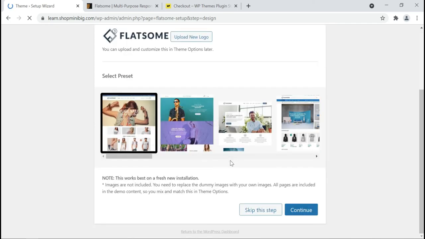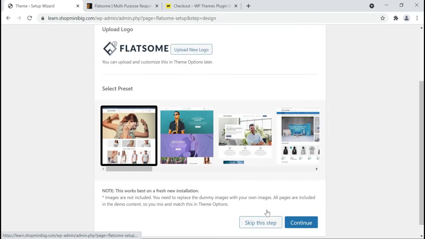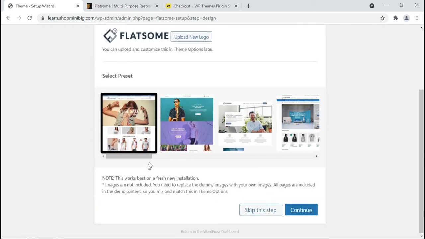Scroll down and click continue. This is asking to select the preset themes or data. Here we click on skip this step because we design and develop this website from scratch.